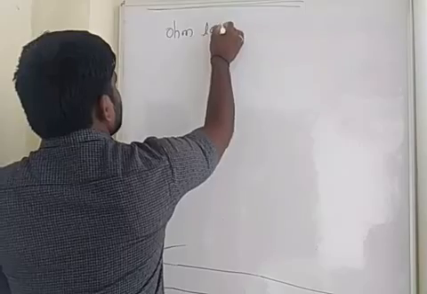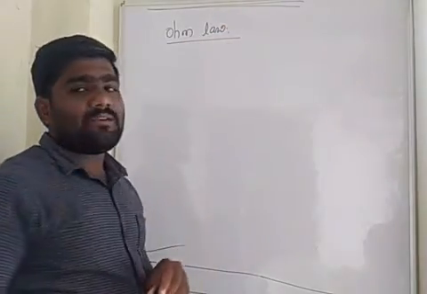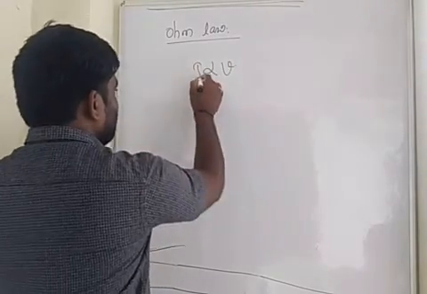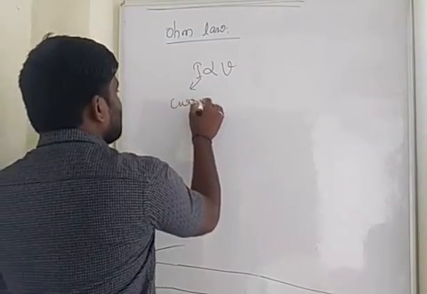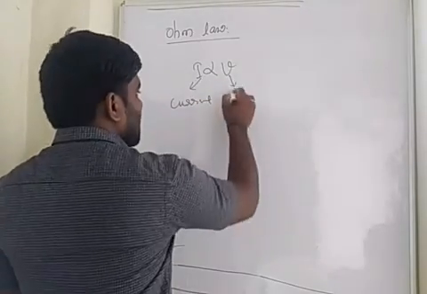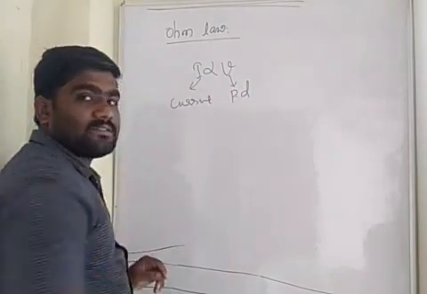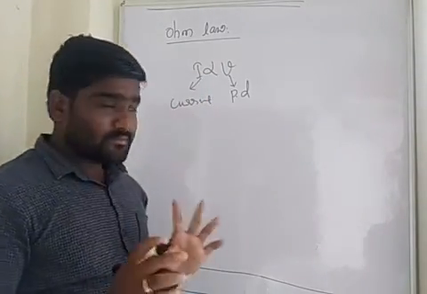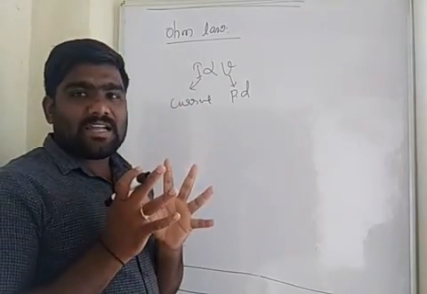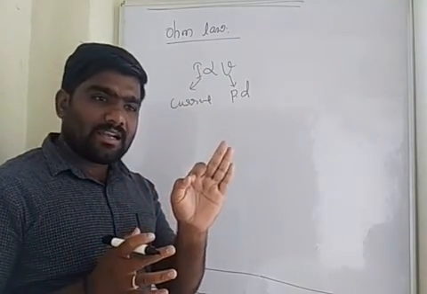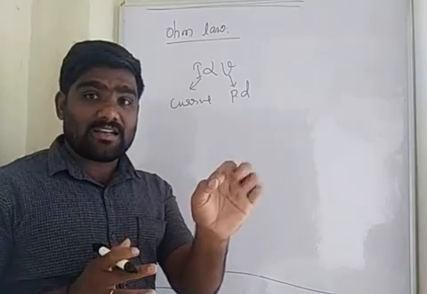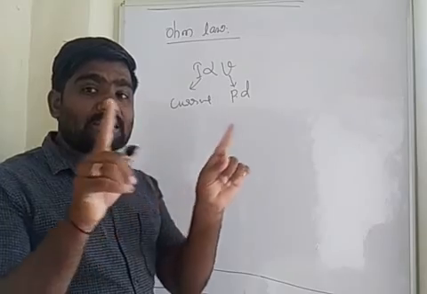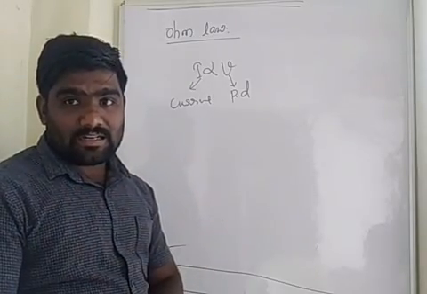Ohm's law. So Ohm's law, directly we can write that statement: I is directly proportional to V, where I is called your electric current, V is called potential difference. So how to state this? Ohm's law states that the electric current passing through the conductor is directly proportional to the potential difference given to the conductor.